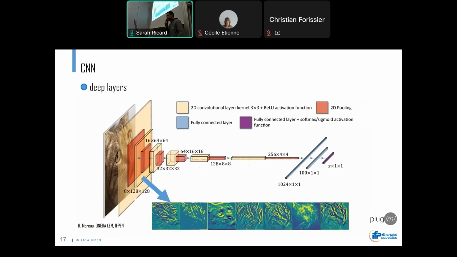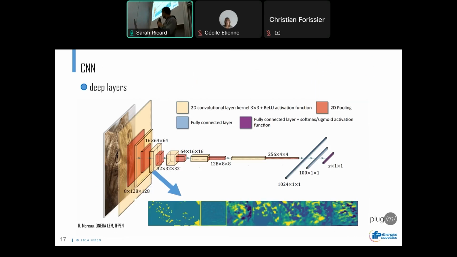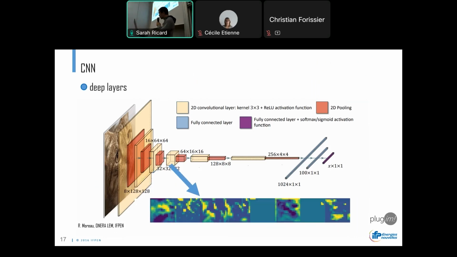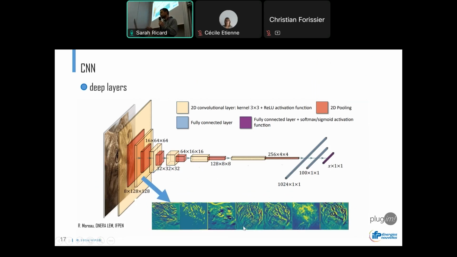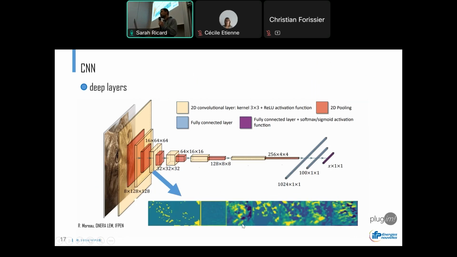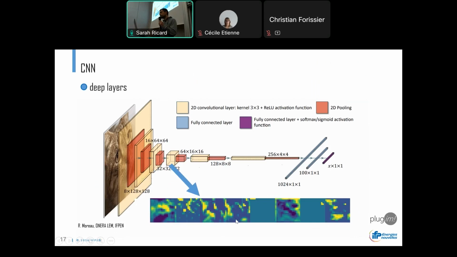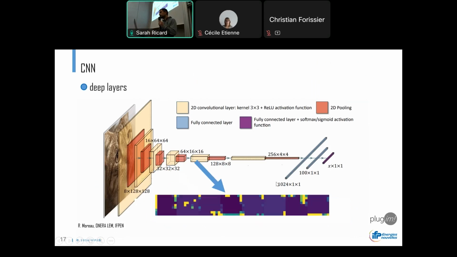You can see with this animation, in the second, third, fourth and fifth layers, some feature maps. As you can see, the feature maps have less and less detail. And you can see some abstraction in the sense that in the deep layers,